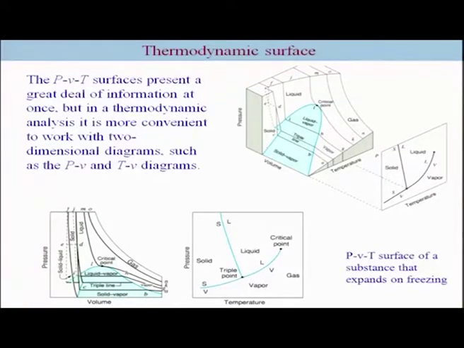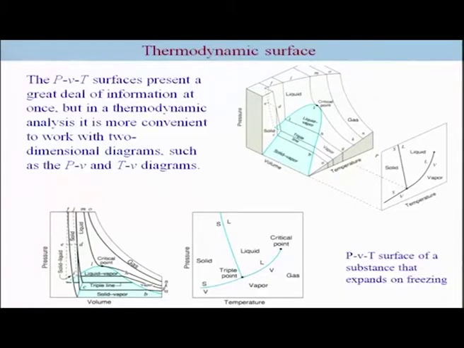Just to take an example of this, this is a PVT surface for substances which expand on freezing. The example is water, and that is due to the hydrogen bonding. So this is the pressure, this is the volume, and this is the temperature. You have a liquid solid vapor region. Then you have a triple point line here, and then you have this liquid vapor region, and these are different isotherms which are being drawn like B, H, and so forth, and you can take the projection on a PT